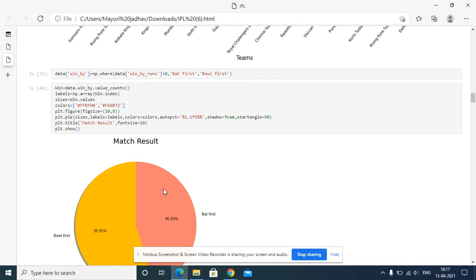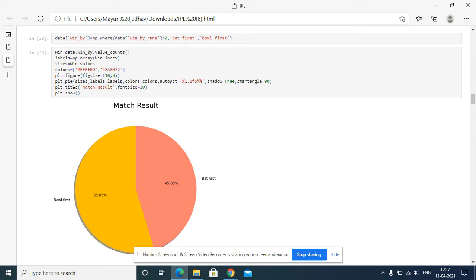I want two different colors, that's why I'm passing this command. Then plt.pie is the command for the pie chart, with size, label, color, percentage, shadow, and the start angle of this pie chart. This is the title, and plt.show.